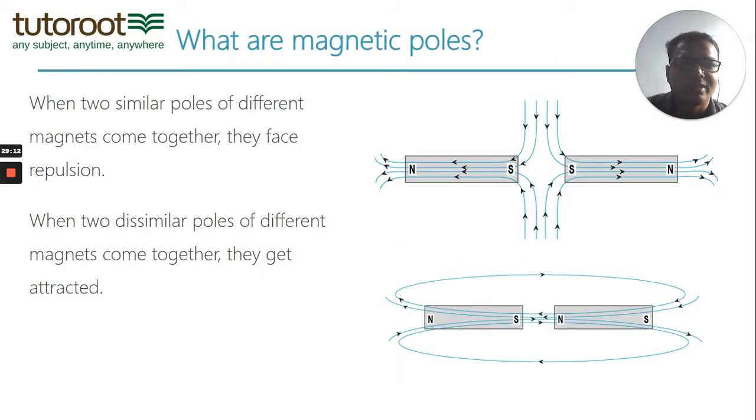Now here you can see that when two bar magnets are brought together, south and south, they are repelling, so they don't attract each other. And it's very important to see how the magnetic field lines look in the space between them. Here you can see that the magnetic field lines due to south and south are repelling each other, but they never cross each other. That's very important.